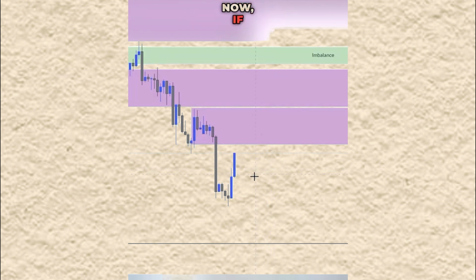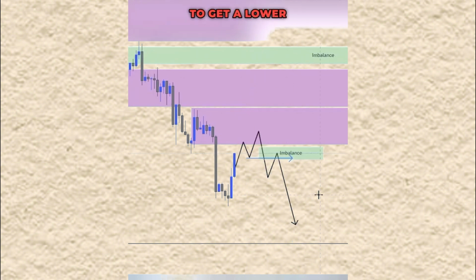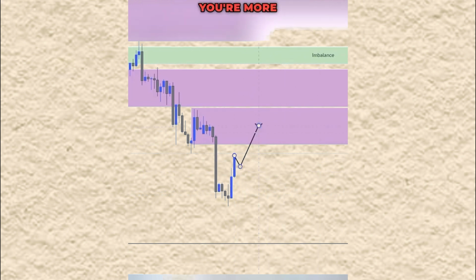Now if price decides to expand from this area here, because we are at an area on the daily time frame where we could technically reverse, well, two things are going to happen. Either I'm not going to get a lower time frame reaction to the downside just like this, you're more likely to be presented with something like this where you can see prices just pushing higher, in which case all I'm doing then is reanalyzing my price action. It might be that I look for buys in a couple of days, but until that happens, I'm waiting until price comes to my